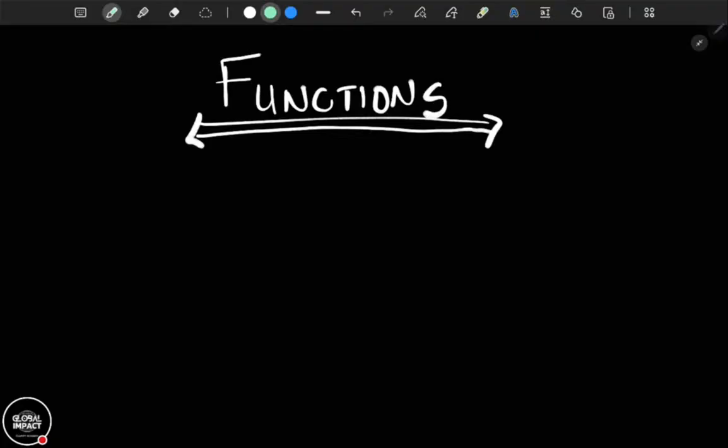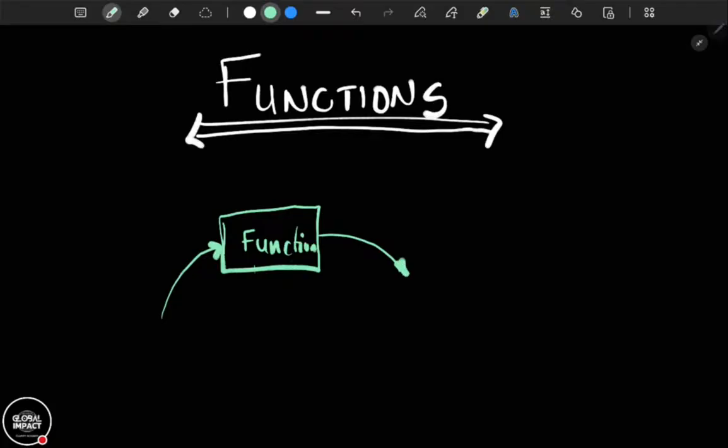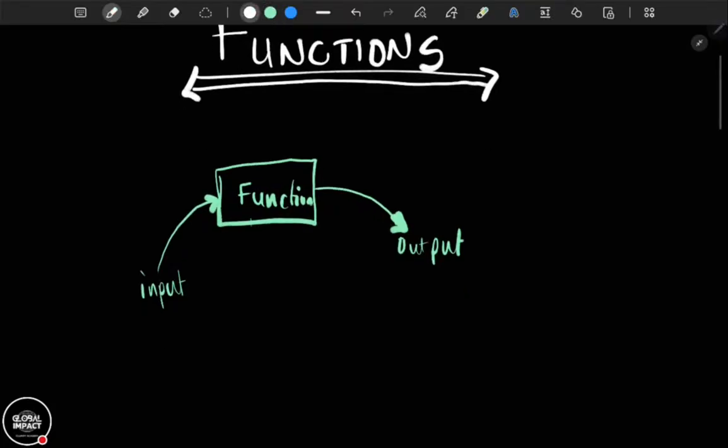Right. So when you are doing functions, remember, a function is a machine. So this is going to be our machine, okay? It's a machine. So let's say that this is going to be the function. You are going to put in a value and it's going to give you an output. So you put an input and it gives you an output. Remember, we are strictly talking about maths. We are not talking about machinery or what. We are talking about numbers.